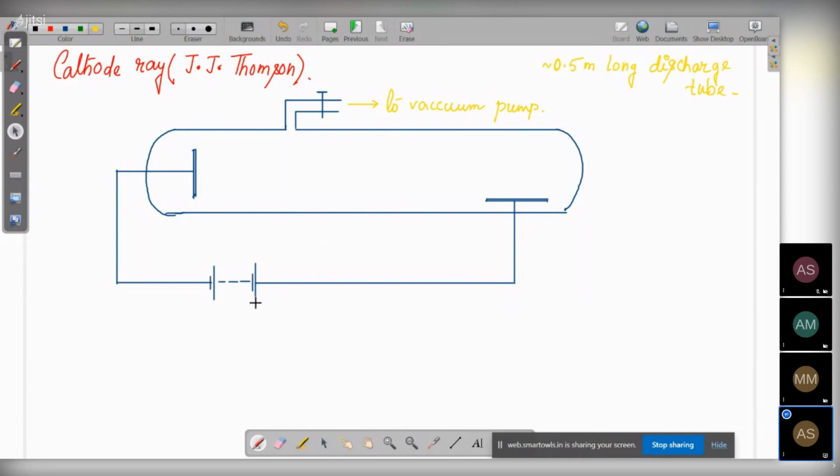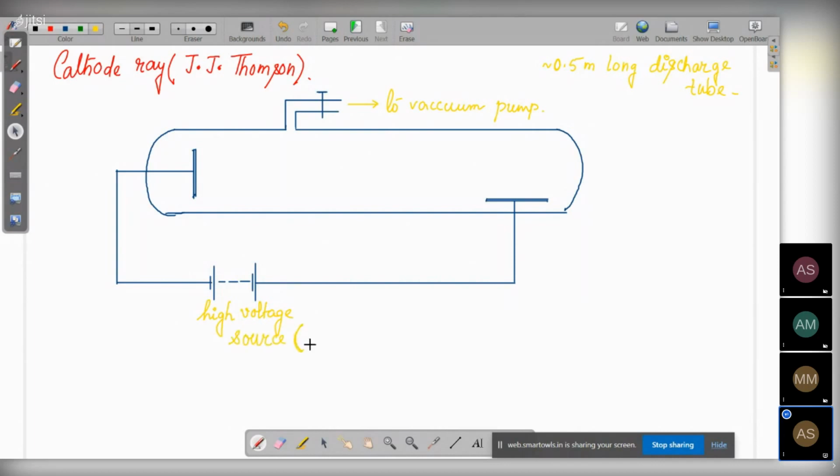You have learned it in physics. What is this? A battery. But when I have given this dotted line within the batteries, it means there are many batteries over here. So this is a high voltage source. The high voltage source is being provided with the help of these batteries. We have done this type of representation in physics, in current electricity.